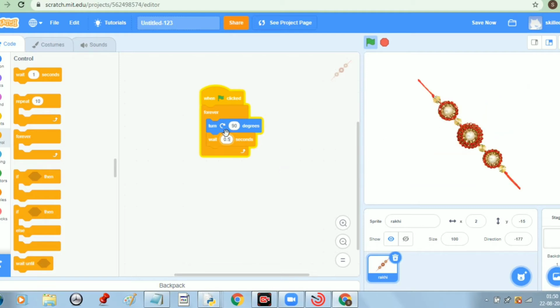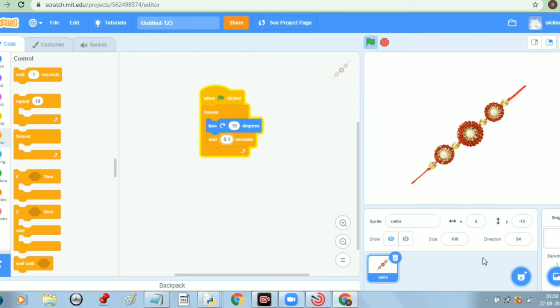So here we have given turn 90 degrees, so forever it is turning 90 degrees. Or you can say turn 10 degrees. If you want to reduce the wait, you can reduce the wait. So here let us choose this movement.